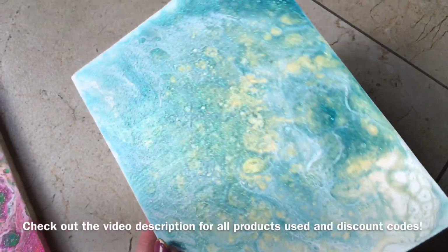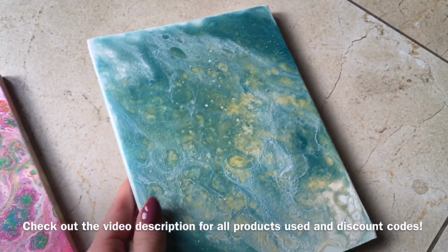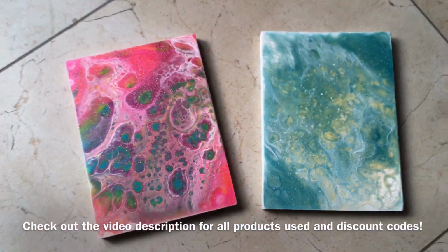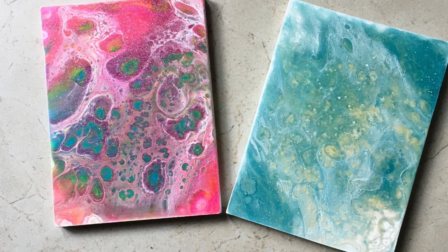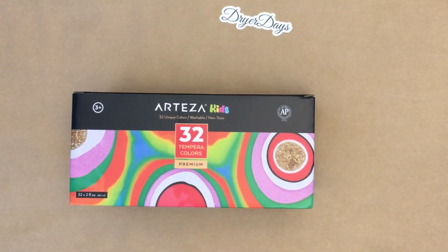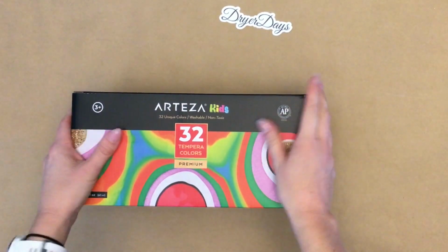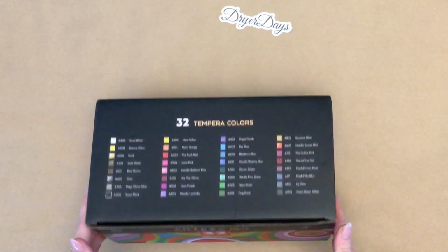But I was able to do this with my kids using the Arteza tempera paints because they are totally non-toxic, and I was able to use non-toxic school glue. And I'd really like to show you guys how we accomplished this in our own home because the girls just loved it. So first of all, we used these Arteza Kids tempera paints, the 32 count,